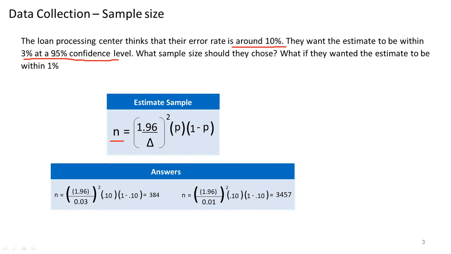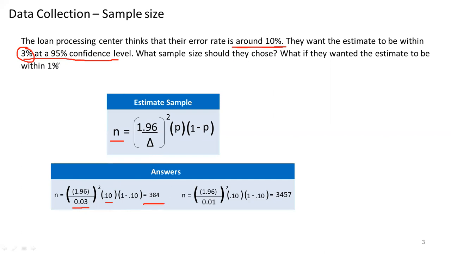So degree of confidence at 95%, we have 1.96, and margin of error for this process we have taken as 3%. Square, which is now multiplied by P and 1 minus P. So P is what I currently have, 10% defective. So value of P will be 0.10 into 1 minus 0.10. So the value will be 1.96 divided by margin of error 3%, which we write as 0.03. We take the square of that multiplied by current proportion defective of 10%, which means 0.10 into 1 minus 0.10. If we calculate this value, my sample size will come to 384.